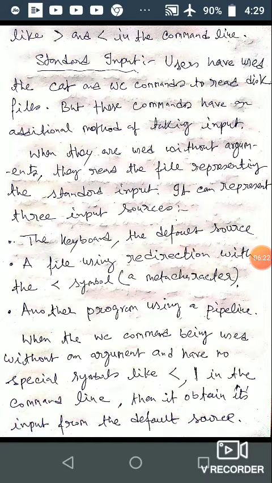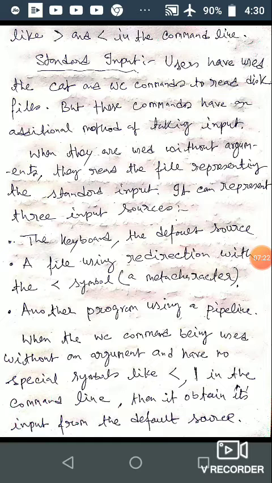These two commands can also be used for another purpose. They have an additional method of taking input: when you use these commands without an argument, they will read the file representing the standard input.